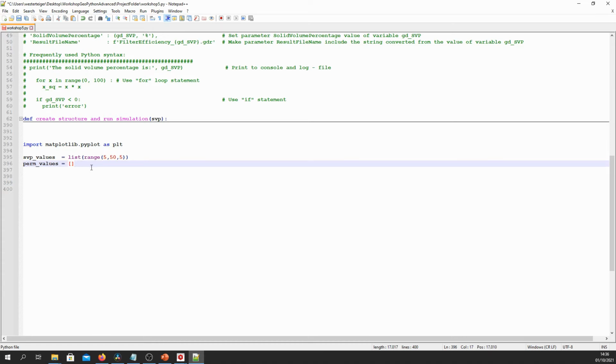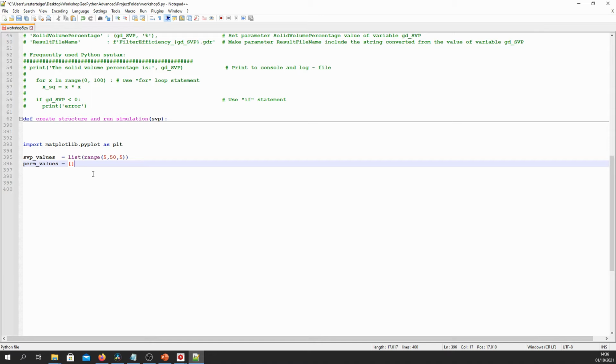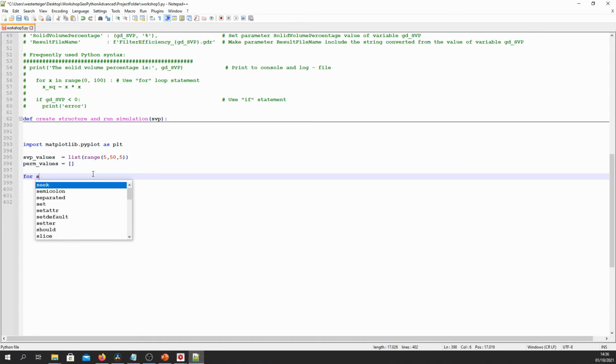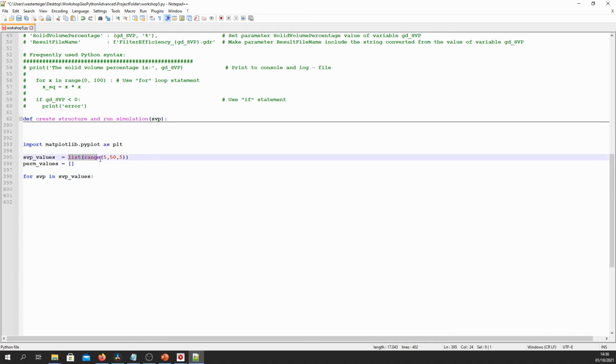But we're going to compute the permeability for each SVP value, and then we're going to append it to this perm values list. So after that, we're going to have a list of SVP values, and a list of permeability values which correspond to each other. So again, we do a for loop: for SVP in SVP values, colon. This for loop now executes for the same values that we had earlier, because this is just a list of the same SVP values as before.